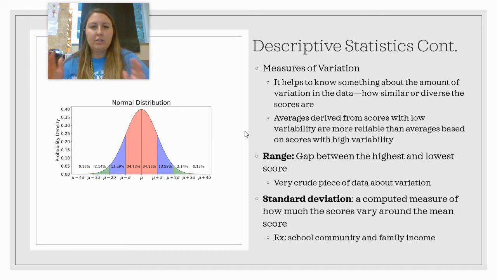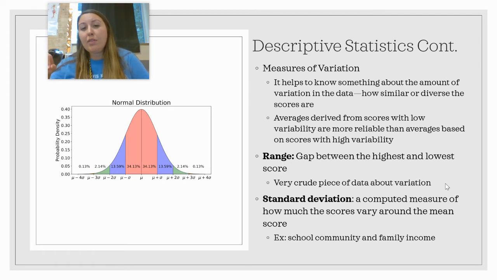If the range only goes from, let's say, a 70 to an 80, we can have pretty good guesses. We could make some guesses that most people are going to fall in that, right? Whereas if I could make a pretty good guess that maybe a person would score like a 77, let's say. Whereas if the data is very large, if there's a lot of variation, it's a lot harder to make those accurate predictions. So a really easy way to measure variation would be the range, which is the gap between the highest and the lowest score.